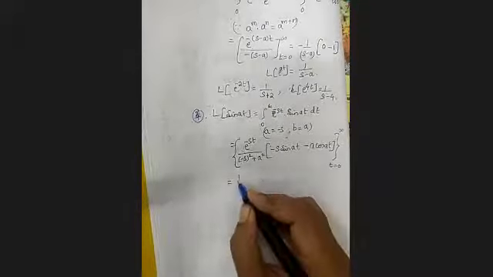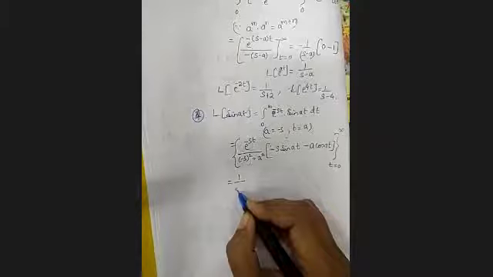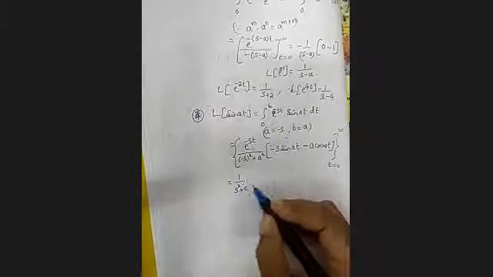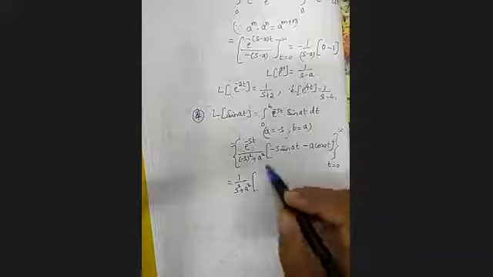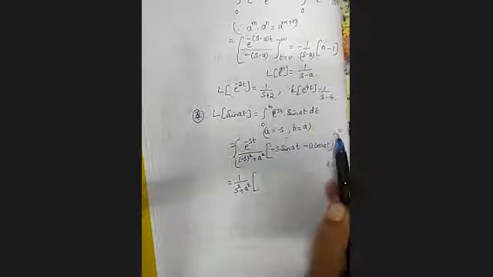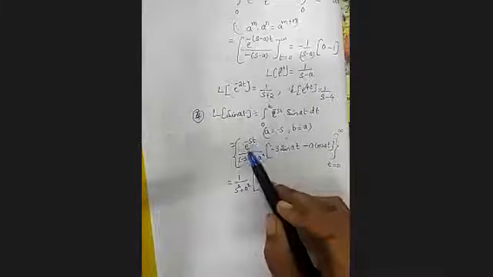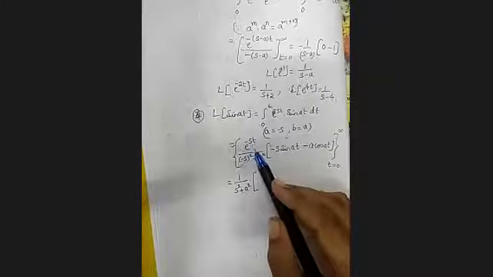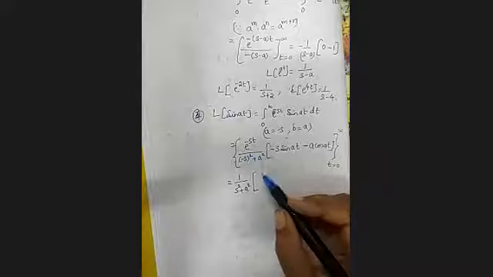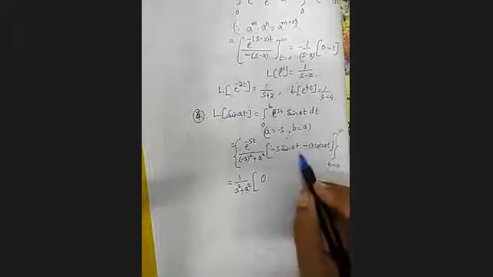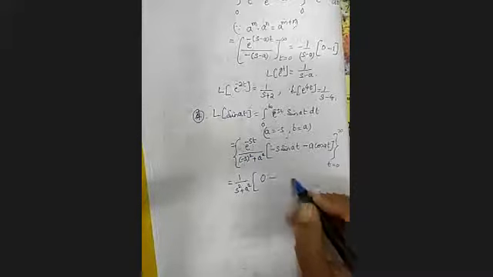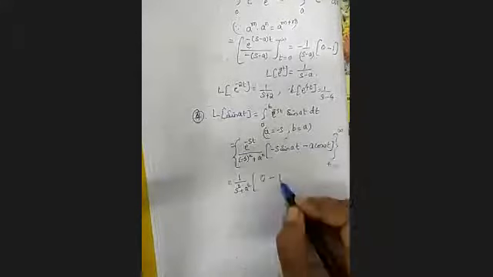Denominator. Minus x plus 1 minus x upon s square plus a square, the whole square. Now the upper limit: when you substitute infinity in place of this t, what is e raised to minus infinity? 0. And 0 into anything is 0. So I'll not substitute here. 0 minus, lower limit t is 0. So e raised to 0 is 1.